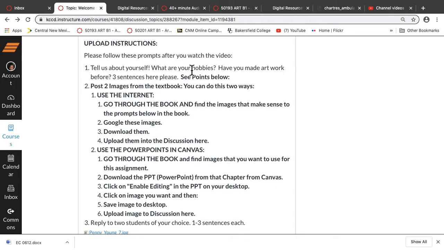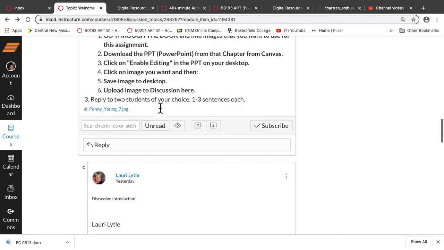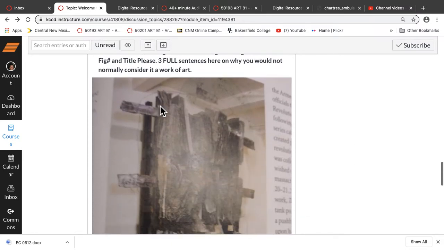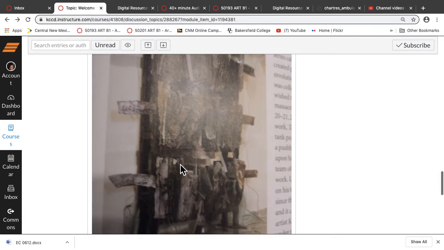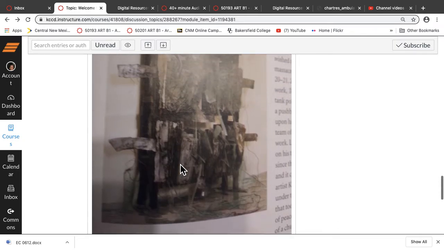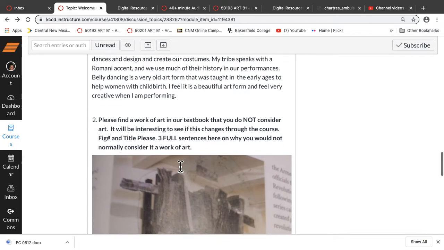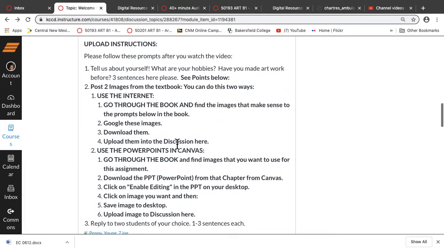The next thing here is going to show you 2 ways to post images, okay? The images that you need to post here, and Lori's already done this because she's industrious on Saturday, she posted an image. Now this is a photograph she took from the book, and she did this before I updated it and put this information in here. That's okay, but I'd prefer you not do that, because the other students aren't going to be able to see it.